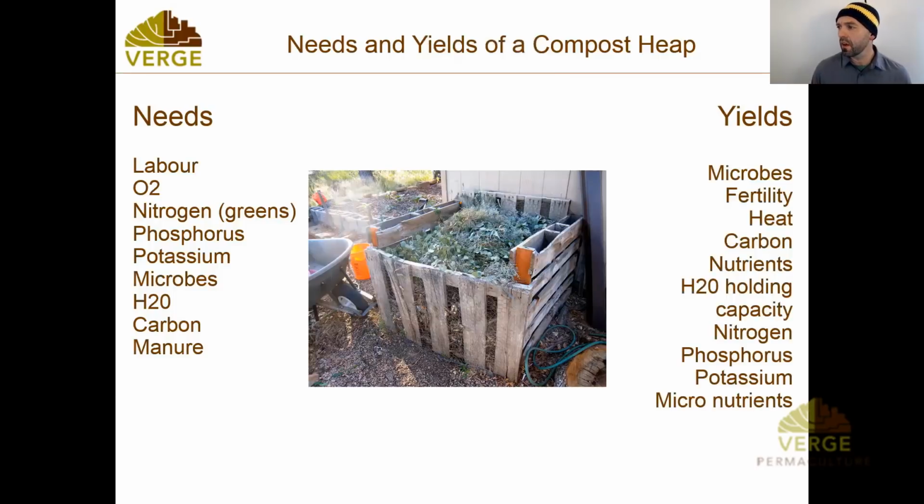The yields of a compost pile are microbes, fertility, heat, carbon, nutrients, H2O, water holding capacity, nitrogen, phosphorus, potassium, and micronutrients. Now, a lot of people think that compost is all about adding fertility or fertilizer into the garden, but it's not that you're wrong in saying that, but it's missing the most important point of compost. It's actually been proven now that the carbon that emerges as a result of the decomposition and compost, the end product of a compost, doesn't last more than 3 to 4 years in the garden. It actually off-gases into CO2,